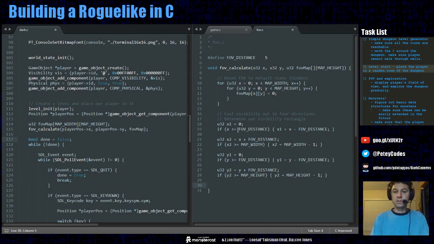And then we draw our visibility, or apply. We'll apply the visibility to our field of view map, and